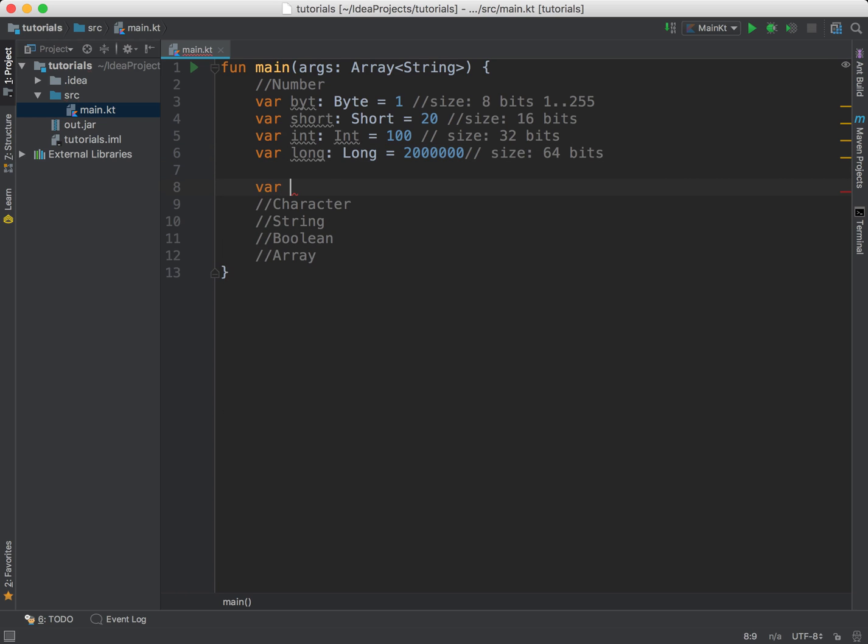Now let's see how to create a float. val type float is equal to 3.4. Now remember one thing, a float is 32 bits in size. Now it's showing an error, right? Why? Because whenever you create a float value, you have to end it with f, then only it will be considered a float, otherwise it will be considered a double, which is